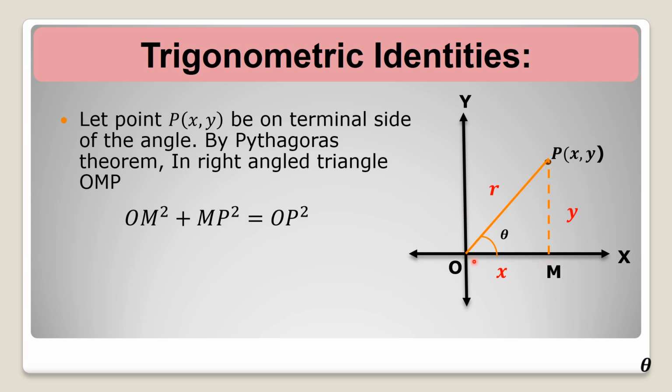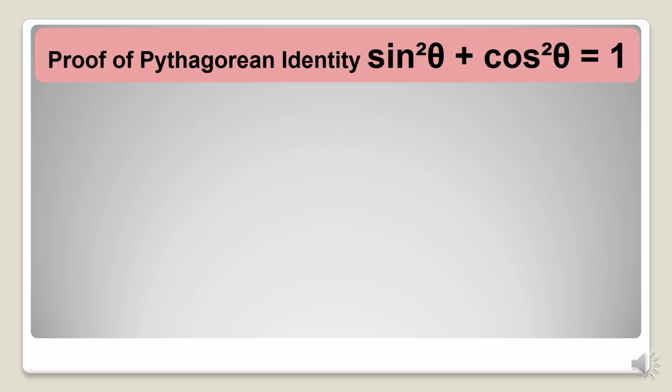Here in this triangle OMP, we have OP as the hypotenuse whose length is r. Hypotenuse square will be equal to perpendicular square plus base square, meaning r square is equal to x square plus y square regarding this triangle OMP. Now we are going to